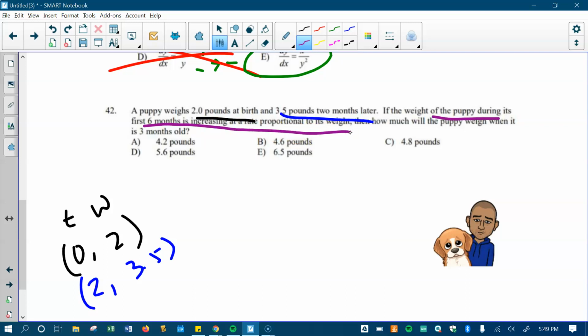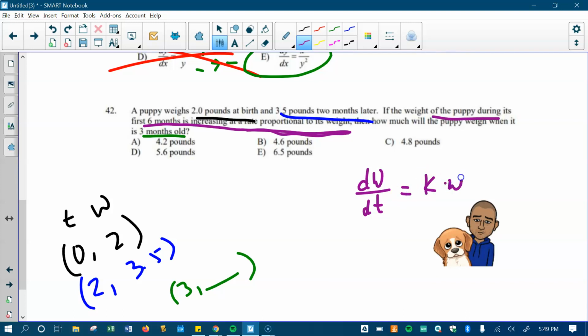Let's go to that last sentence there. So when the puppy is 3 months old, so when t is 3, what's the weight? That's what the question is asking. Let's look at that purple sentence. If the weight of the puppy during its first 6 months is increasing at a rate proportional to its weight, that's saying that dW/dt, the rate proportional to its weight, is now going to be k